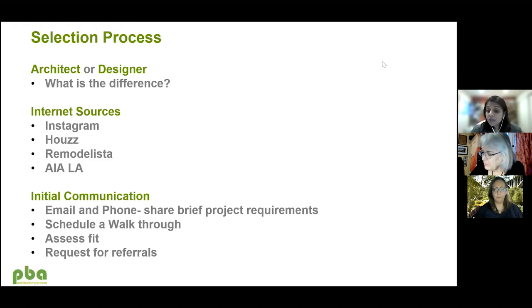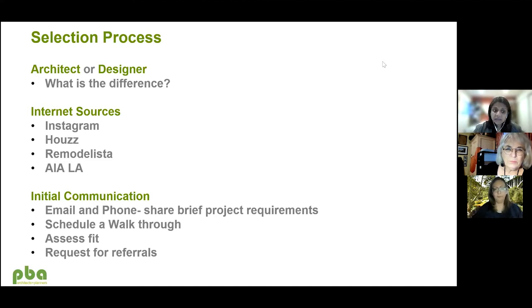How do you initiate communication? So let's say you found someone either by word of mouth or through these internet sources. You email them, find a time to speak on the phone, and share your brief ideas about your project.